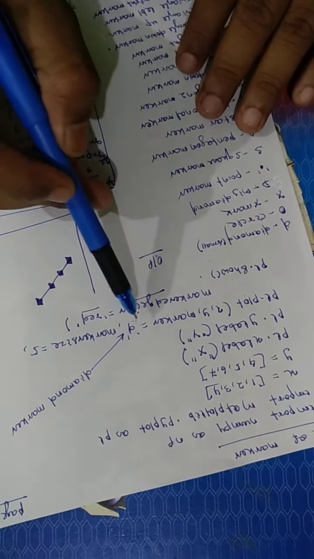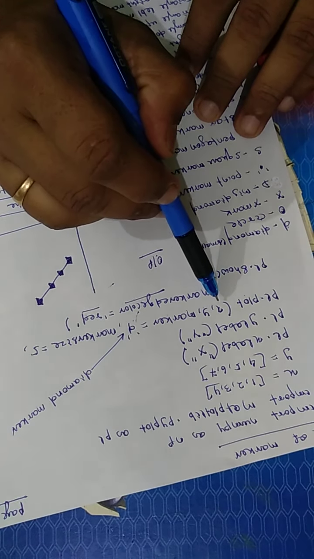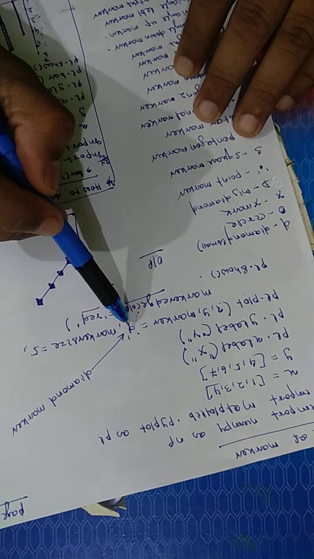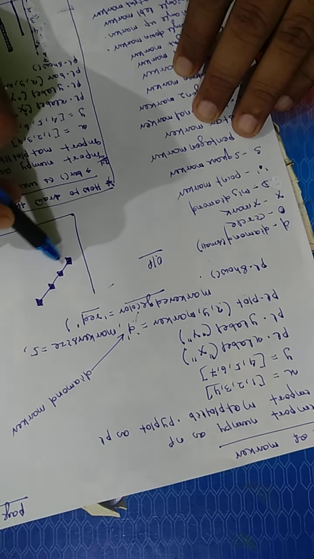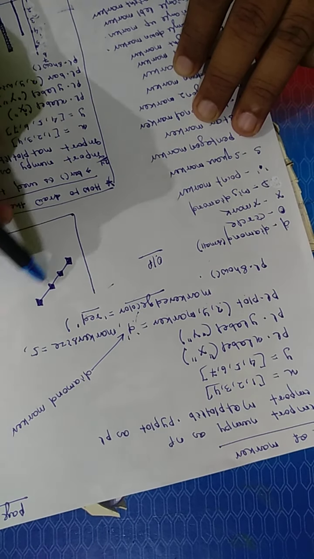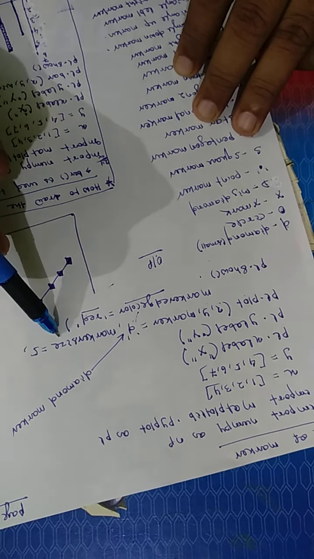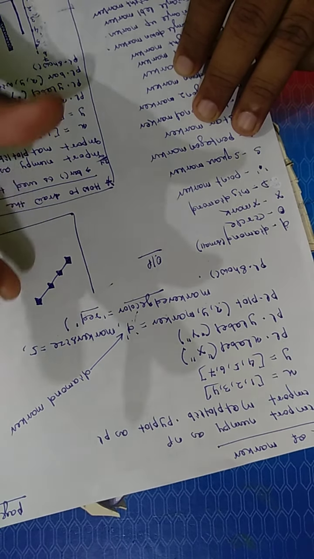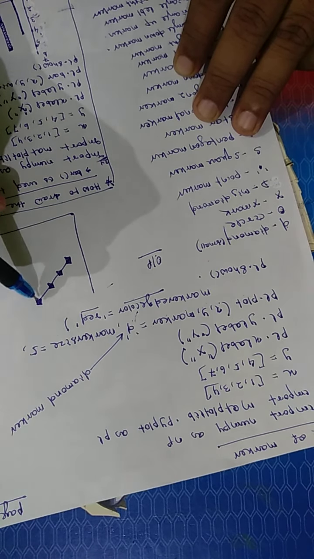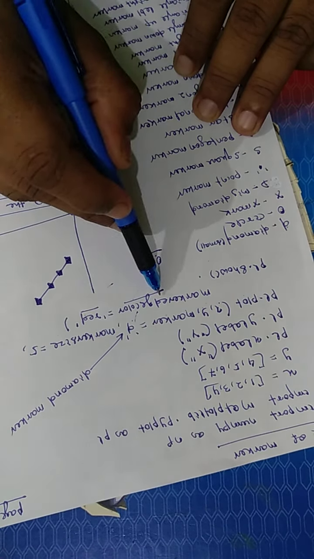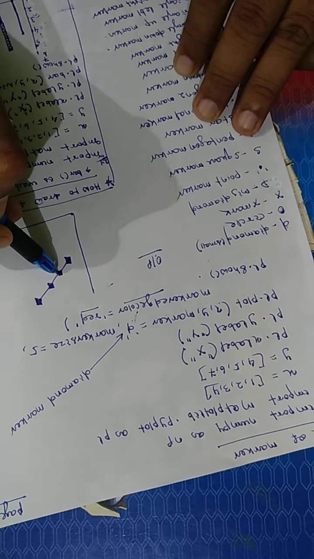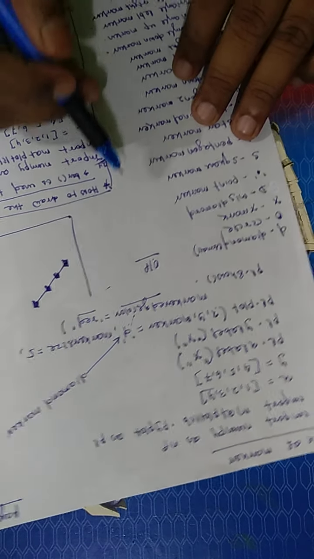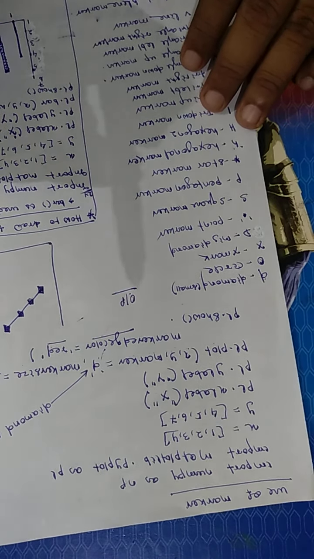Actually, what is the meaning of this? First of all, understand xy means x is the x axis, y is the y axis. Marker D means the diamond type of marker will be there. You see I have tried to draw it. Okay. Marker size equal to 5. Size means the width you can say, bigger size, smaller size. I have put size 5. Marker edge color equal to red. Edge color means these edges will be red. Okay. And then different types of markers I have written here.